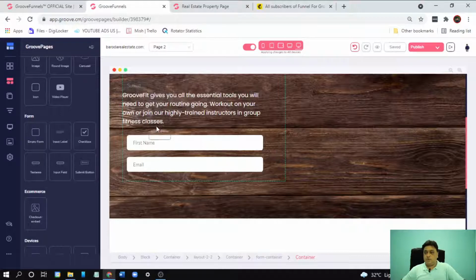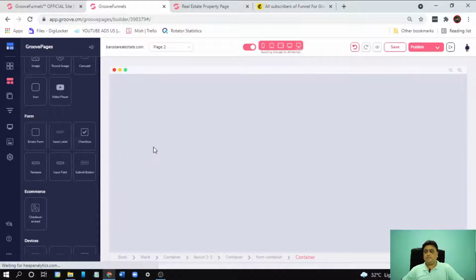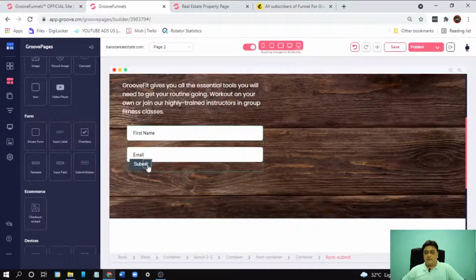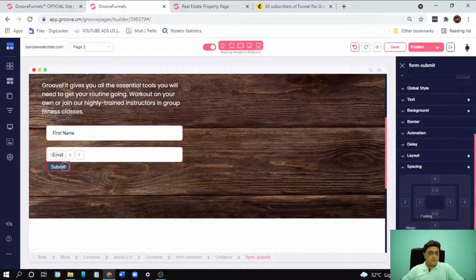So make sure you place it inside the form container. Now select it, place it at the bottom here. Now let's give some spacing to the button.